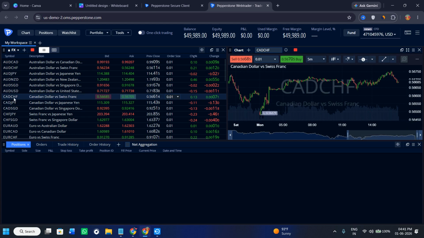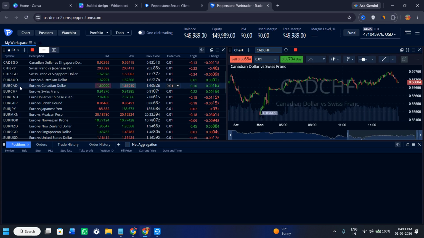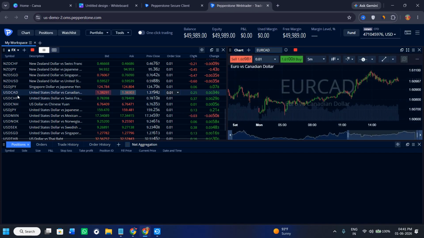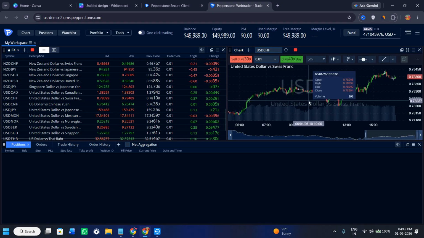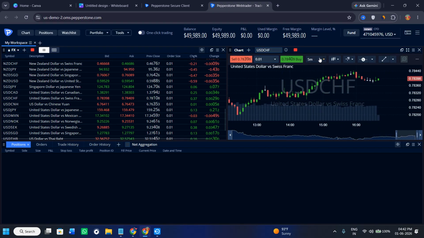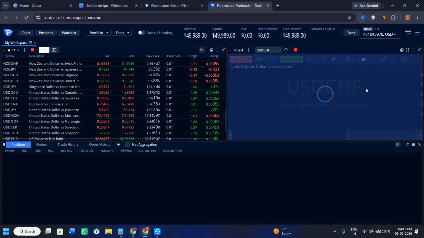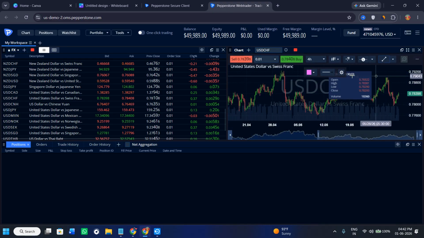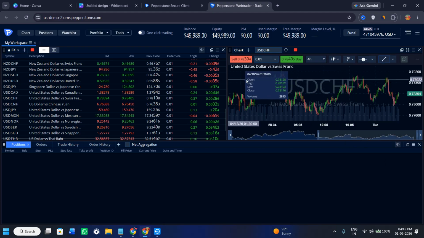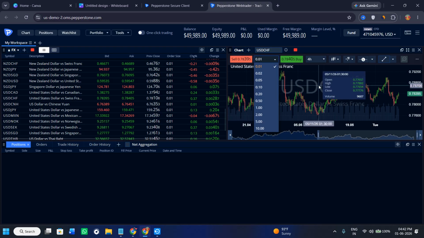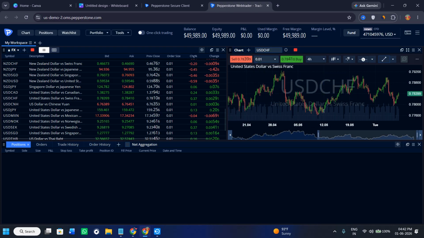Like I've selected CAD CHF, but if you want to select, let's say, Euro CAD or USD pairs like USD CHF, you just have to select that, and then you can basically take a look at the chart. You can also make changes into the time frame of the chart. You can also mark the trend lines and bunch of different lines with the help of the tools that are available over here. And as per your trading strategy, you can place your buy and the sell orders after providing the lot size over here. So this way you will be able to trade Forex in